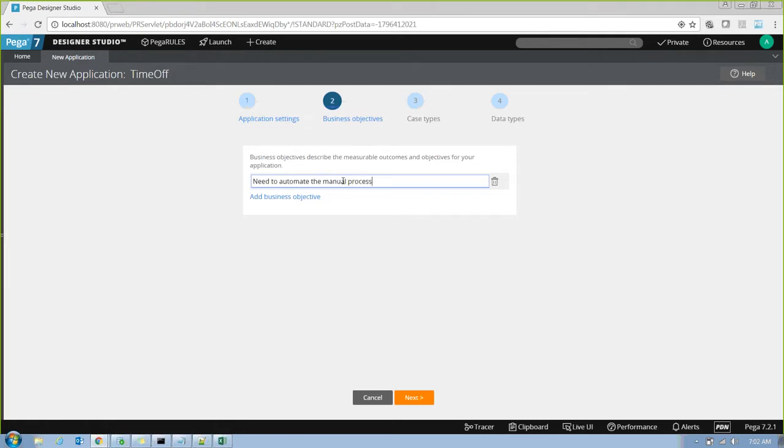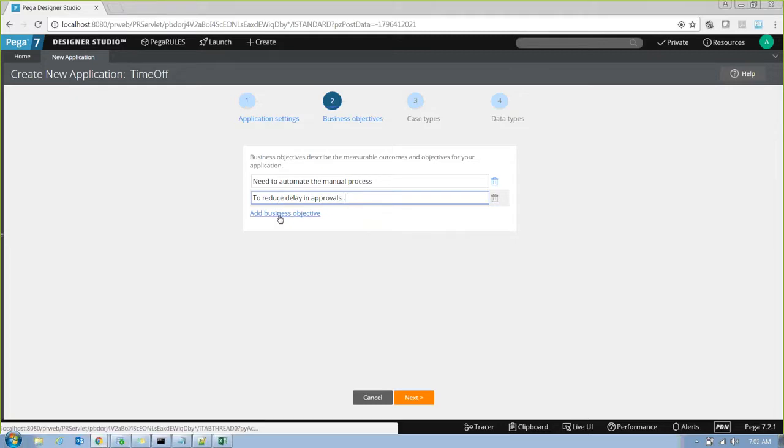So I'm just saying I want to automate the manual process. And I'm saying to reduce the delay in approval, leave approvals I mean. Whatever you want to write, you can just write down because it's like the business reasons.